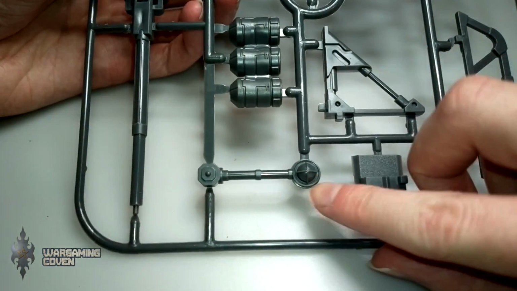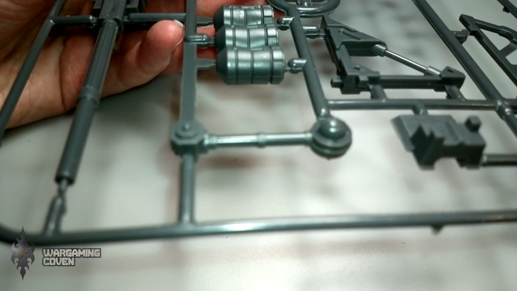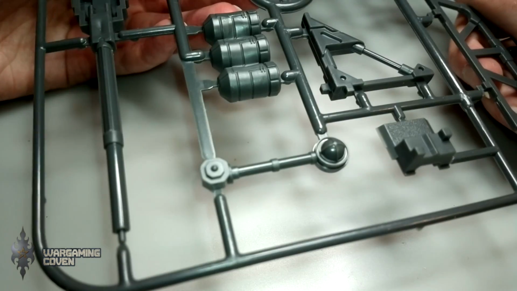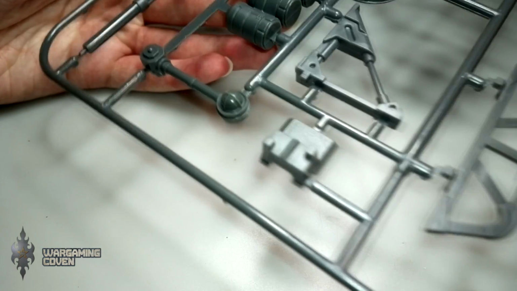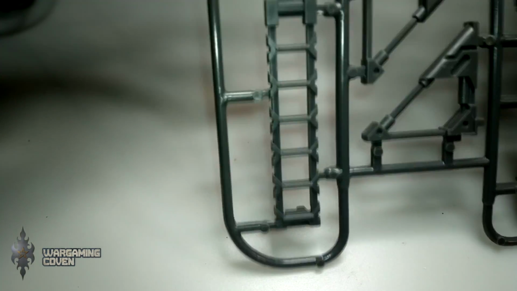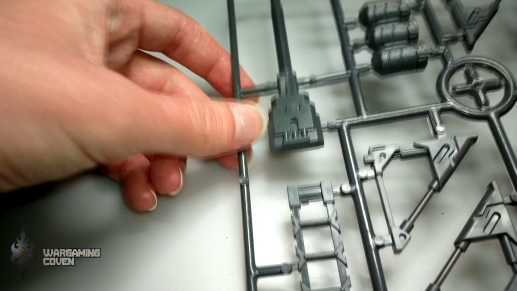It's just, let me focus that now. Nope, doesn't want to focus. It's got some particularly nice detailing, and then you can see at the base there. So that's good. And then the final other part of scenery, and I got two of these: Ruin Sprue A